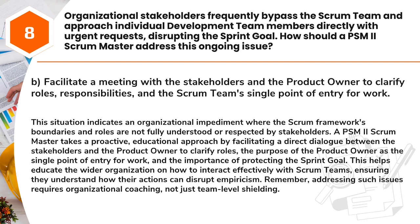Answer: B. Facilitate a meeting with the stakeholders and the product owner to clarify roles, responsibilities, and the Scrum team's single point of entry for work. This situation indicates an organizational impediment where the Scrum framework's boundaries and roles are not fully understood or respected by stakeholders. A PSM II Scrum Master takes a proactive, educational approach by facilitating a direct dialogue between the stakeholders and the product owner to clarify roles, the purpose of the product owner as the single point of entry for work,